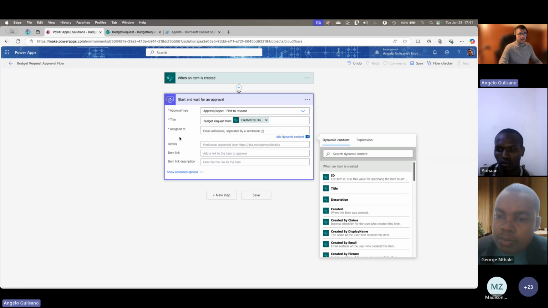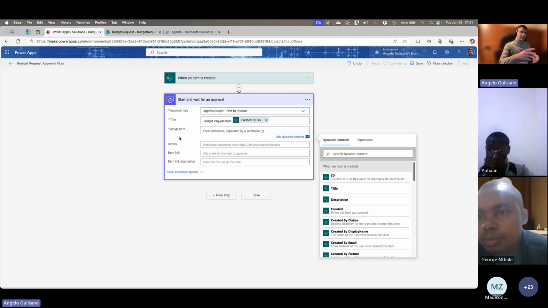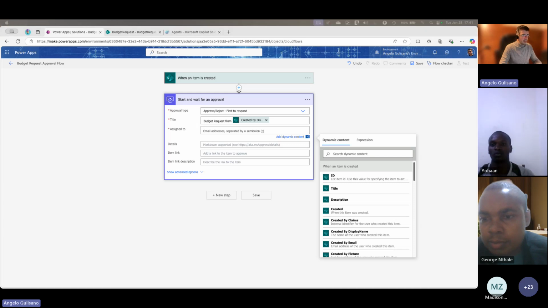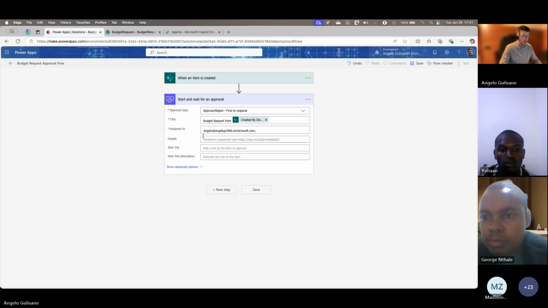Assigned to is the user to whom the request will be assigned. In a real case, you are going to, for example, get the boss of the user who created the request, etc. Here I'm going to put my email address, which I prepared before.